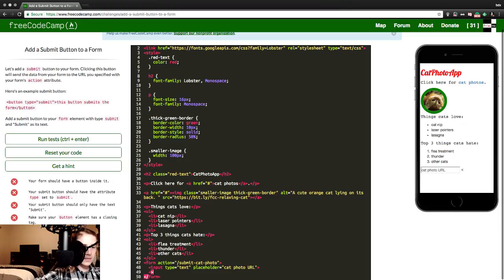There we go. Button. Closing button. Beautiful. Inside said button, we need type equals